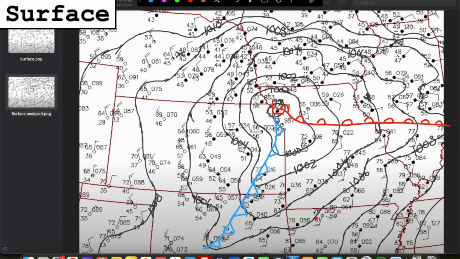Why do we need to do this on the day of a severe weather event? Well, these boundaries and the positions of these boundaries can be very critical in telling you where exactly you need to be to target for a storm chase. If you analyze a cold front, and that's your initiating boundary for storms, and you analyze it 100 miles off, you're just taking a quick glance, you misanalyze it, that can put you way out of position for being on the right storms. So you really want to get in the habit of really looking at the surface map in detail. You don't have to do this full-blown analysis every single time, but at least look at your surface map,